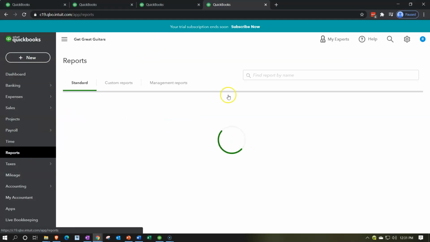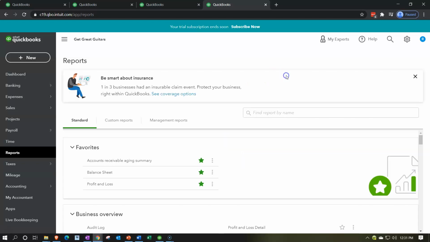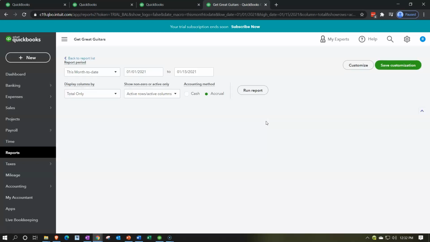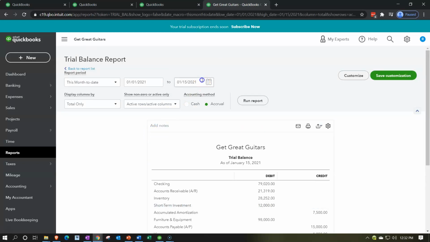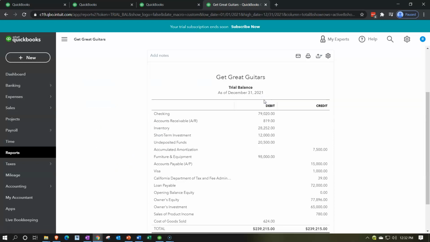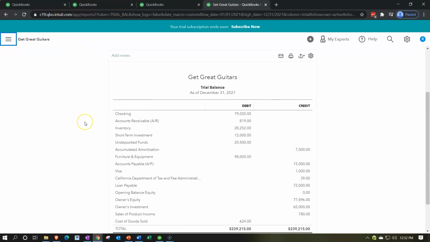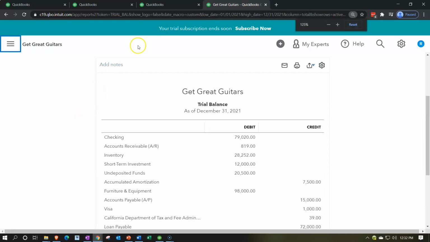We're going to be opening up the trial balance by typing into the little find search thing here, the trial balance, and there it is. That's the one. Let's do a range change up top, ending at 12/31/21 and run that report. I'm going to close up the hamburger, hold down Control, scroll up just a bit to that 125,